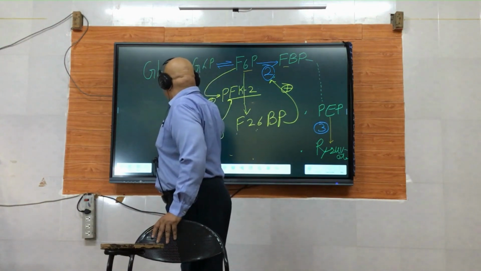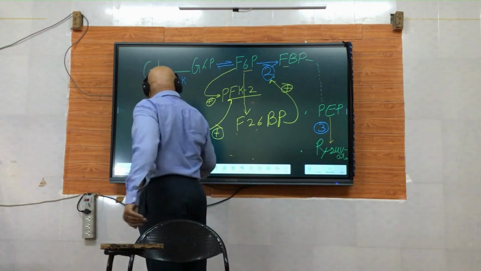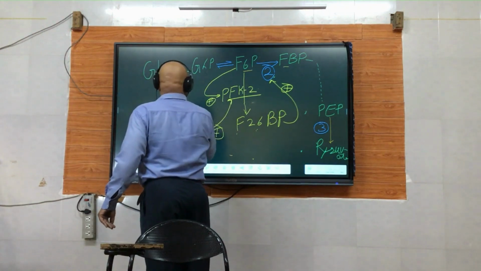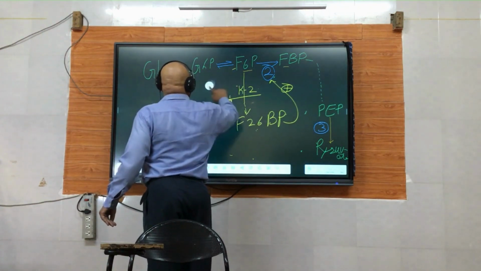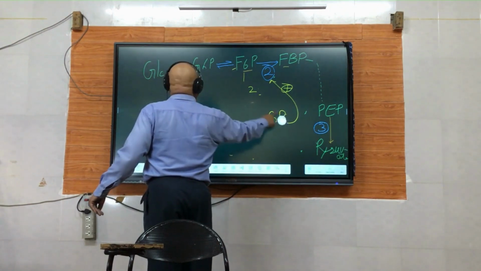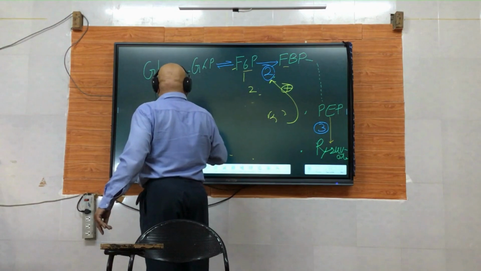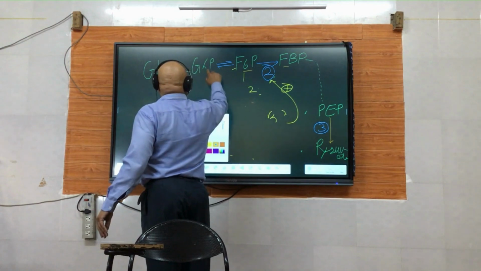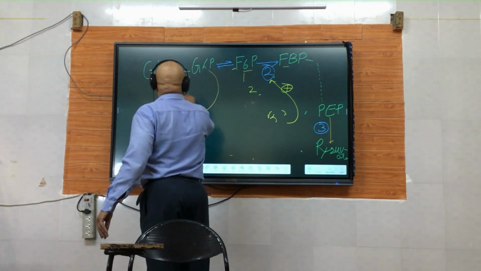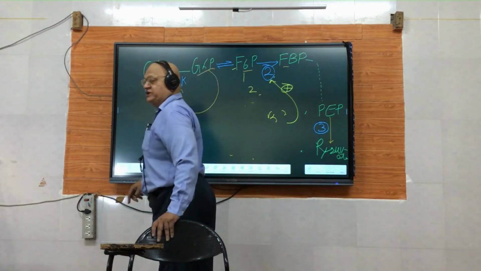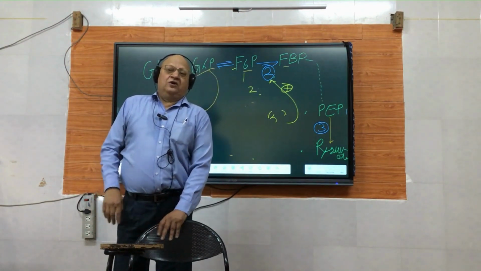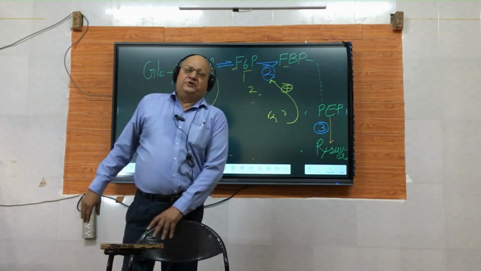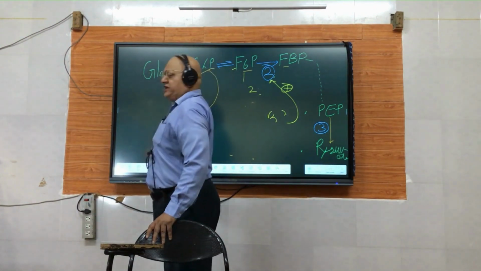Now a word about feedback inhibition of the first enzyme, that is hexokinase, by glucose 6 phosphate. So इसका क्या फायदा होता है? फायदा इसका ये है, uncontrolled production of glucose 6 phosphate does not occur. अगर होना शुरू हो जाए तो उसका क्या नुकसान होगा? अनकंट्रोल्ड प्रोडक्शन ऑफ ग्लूकोज 6 फॉस्फेट, उससे क्या होगा?